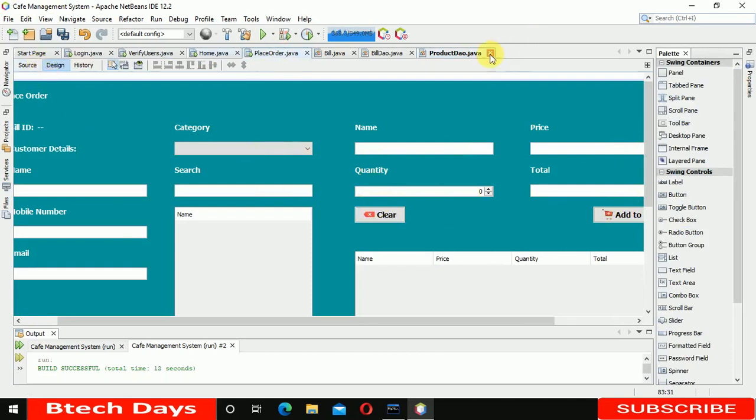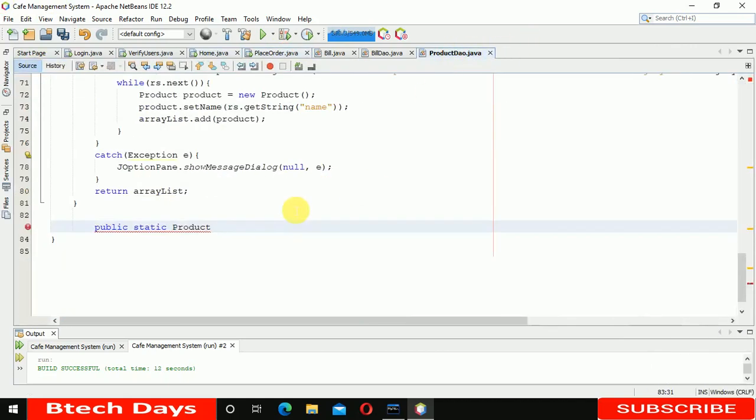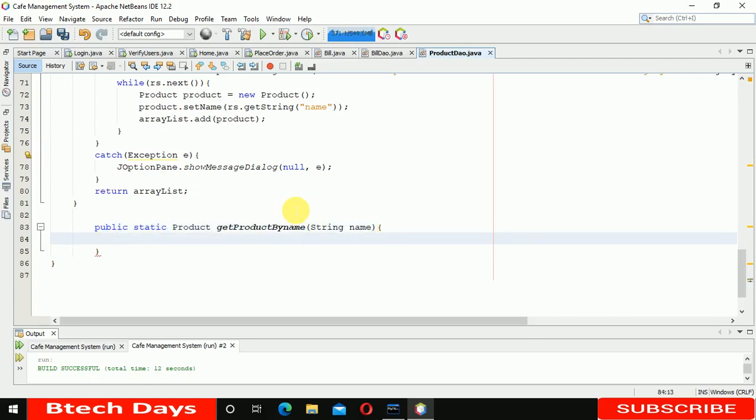Let's get back over here, and here we have to write get product by name, and here we write string name, and in this first we have to create the product type of object, so product equals new product,